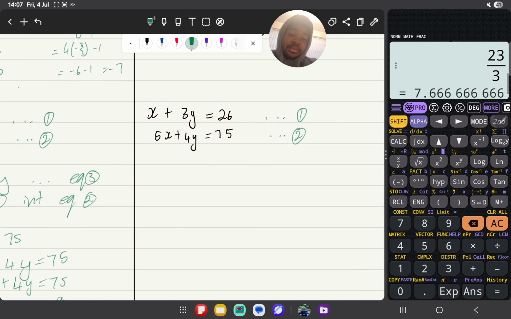Okay, so this one, remember elimination, you want to eliminate one variable. x is very easy here. We're gonna multiply by minus 5. If you want to eliminate y, you're gonna have to multiply this equation by -4 and this one by 3, or you multiply by 4 and this one by -3, and then your y values will be the same but different signs. So therefore equation 3